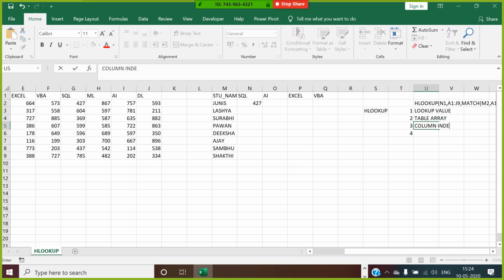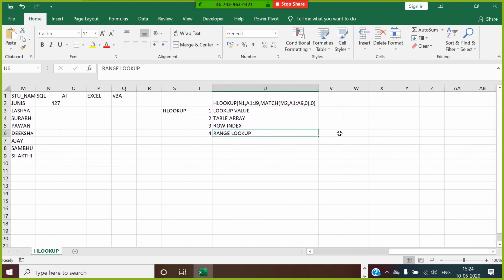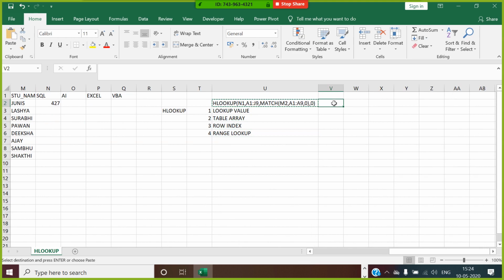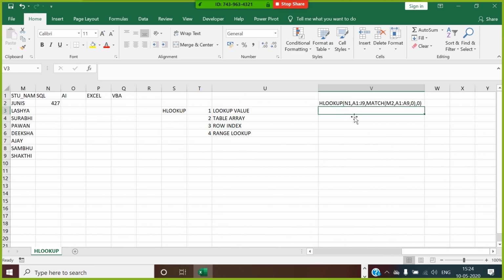Then row index, then range lookup. I just got this here and pasted it over here. In this case, what is the lookup value? N1 was the table array, A1 to J9 was the row index. You are using a match function here.